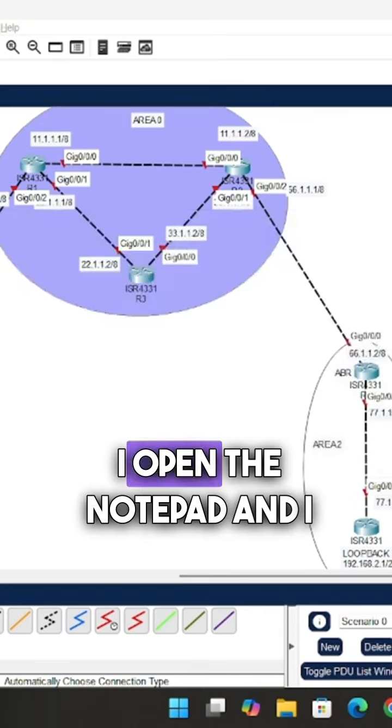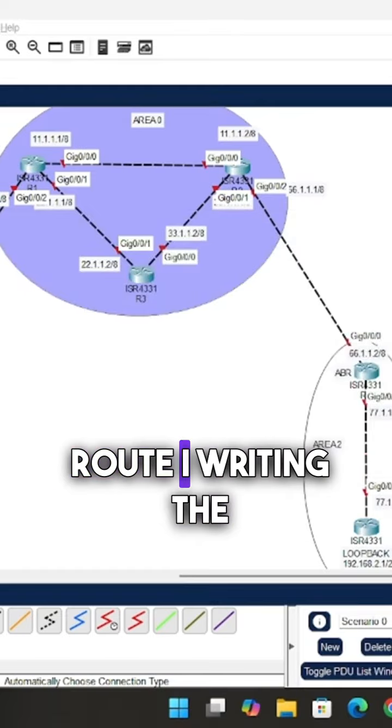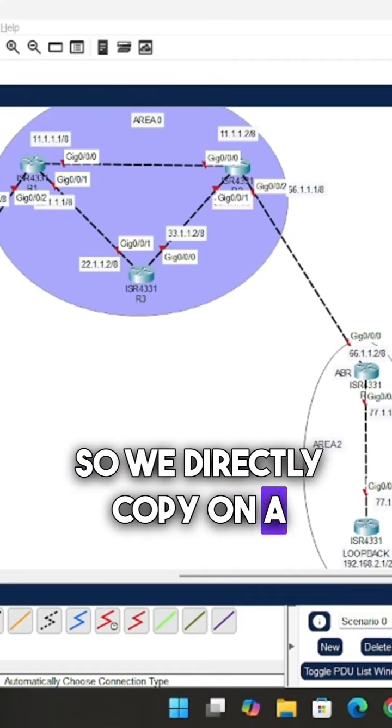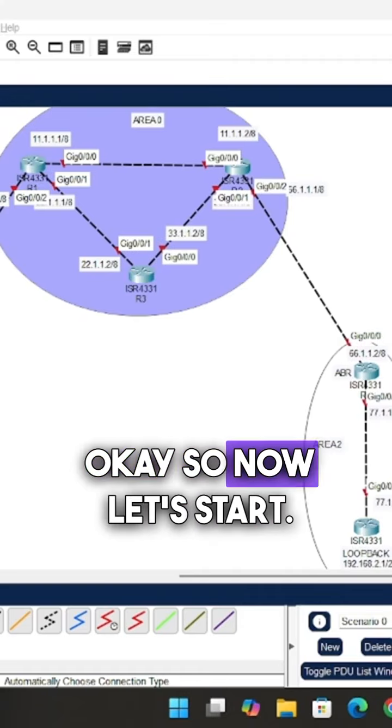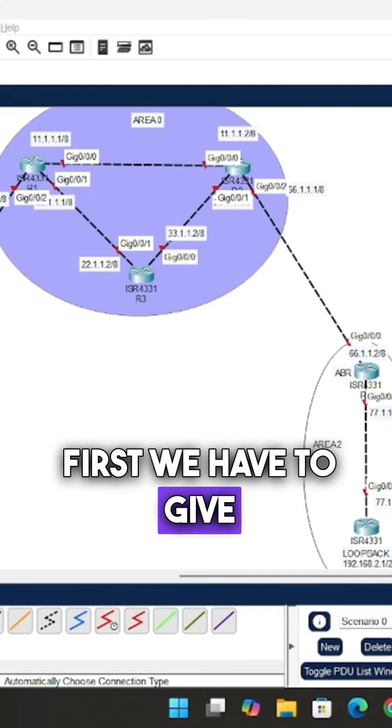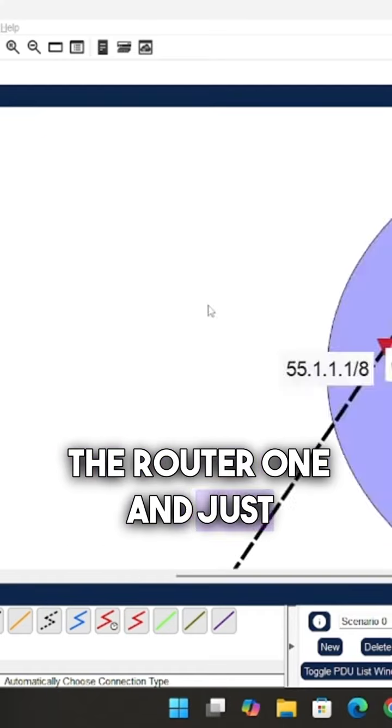First I open Notepad and write the commands in Notepad, so we can directly copy them onto our router. Okay, so now let's start. First we have to go to Router 1, and just give me